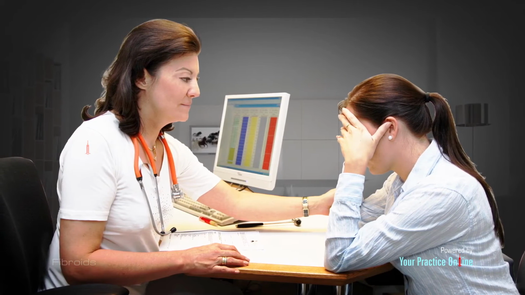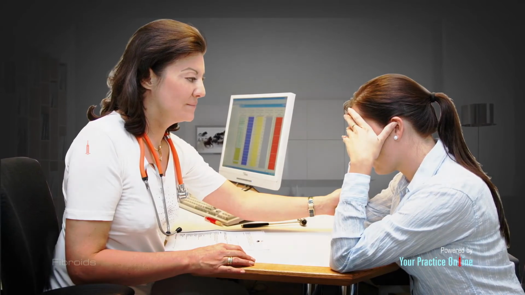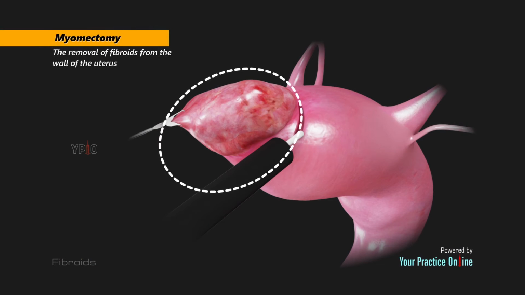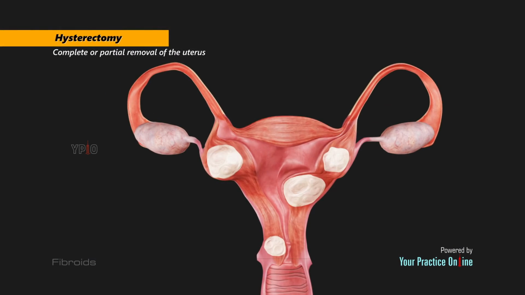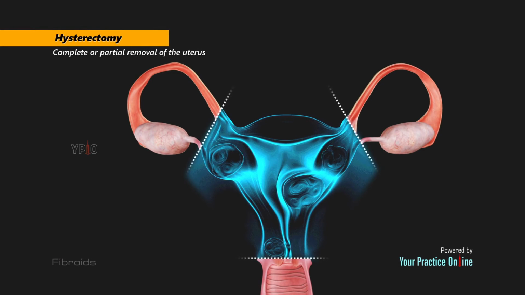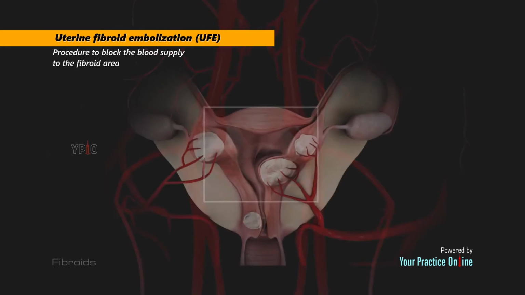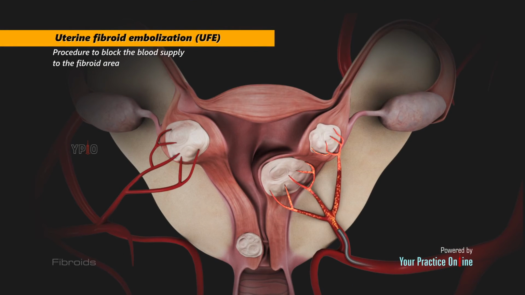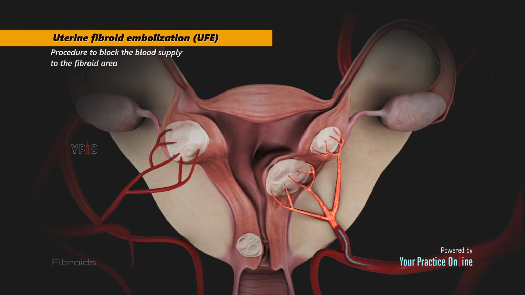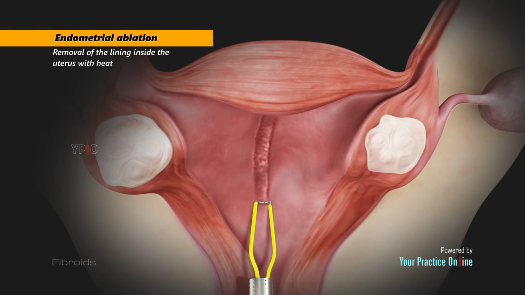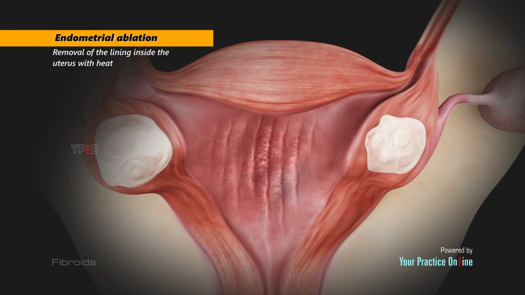The different surgical approaches include myomectomy, the removal of fibroids from the wall of the uterus, hysterectomy, complete or partial removal of the uterus, uterine fibroid embolization, UFE, a procedure to block the blood supply to the fibroid area, endometrial ablation, removal of the lining inside the uterus with heat,